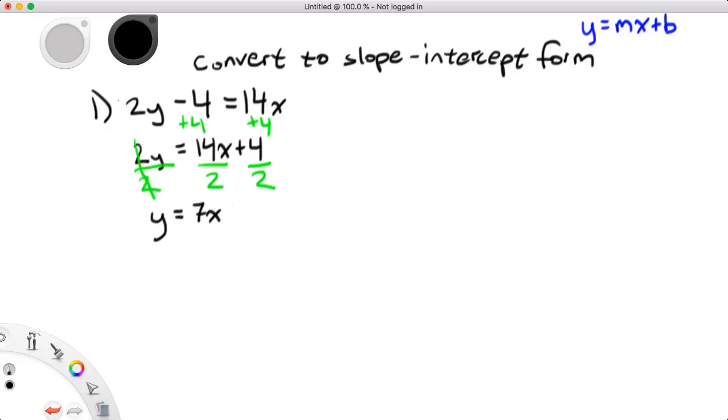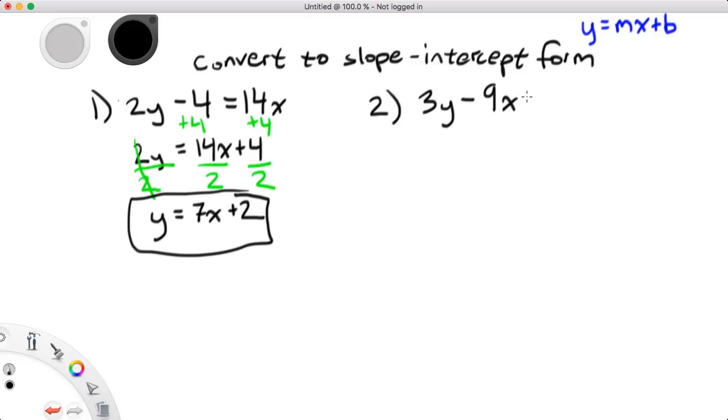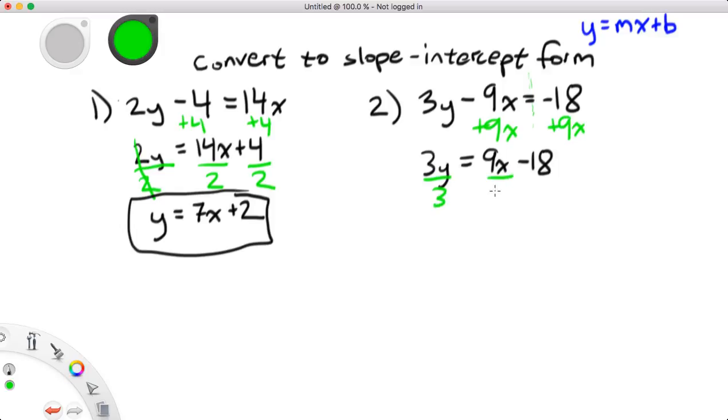Now we're really close to having our slope-intercept form, but we've got to do one more thing. We've got to get y completely by itself. So let's divide that 2y by 2, which means we also have to divide this by 2 and this by 2. These cancel out because 2 over 2 is 1, and 1y is just y, and we get y equals 14 divided by 2 is 7, so 7x. 4 divided by 2 is 2, 7x plus 2. So y equals 7x plus 2. Great. All right, our next victim is